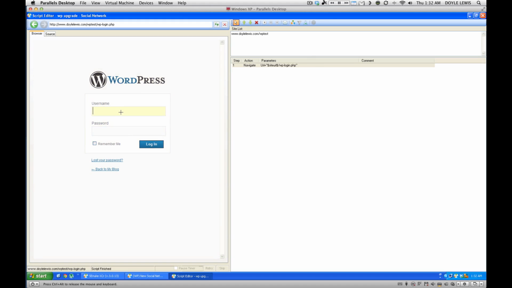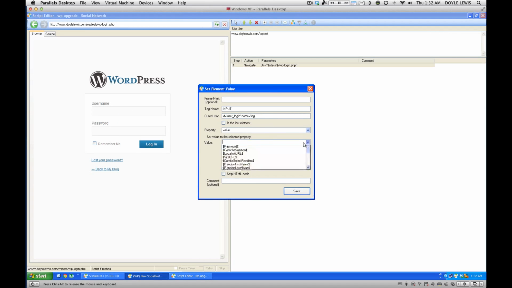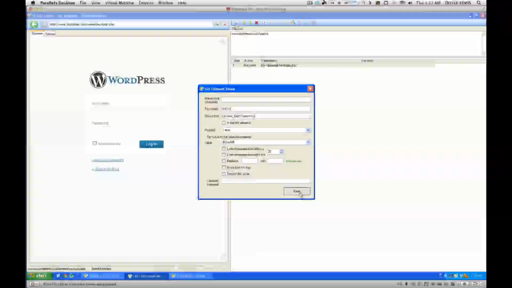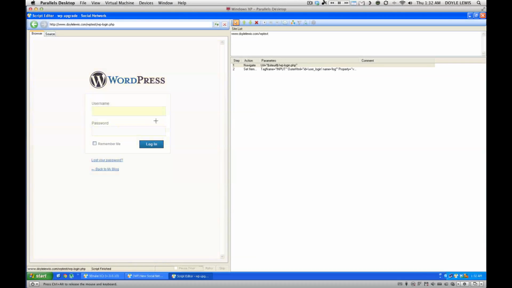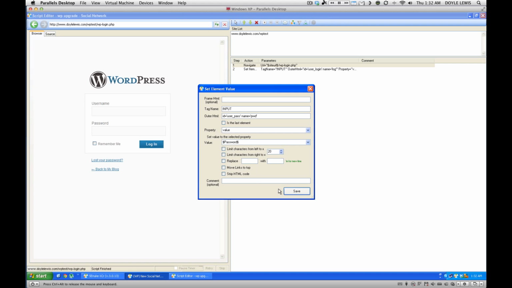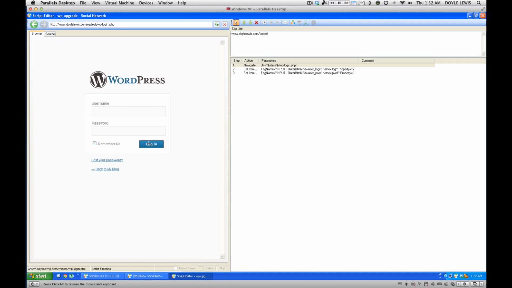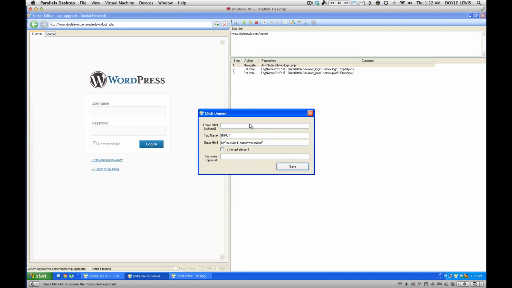Do our select element tool, select this, and we'll do set element value to user ID, and then we'll do a set element value on our password. It's going to be password, and then we will add an element click to our login button,